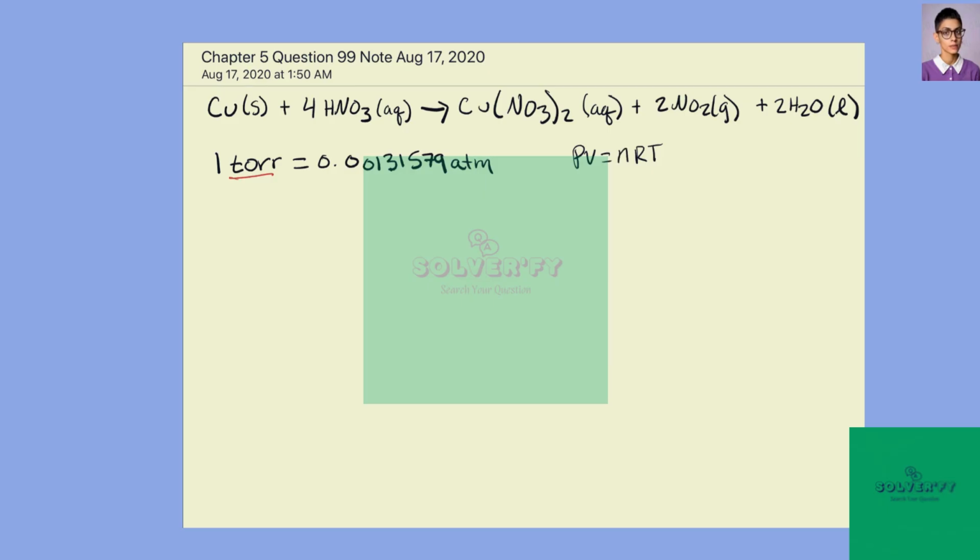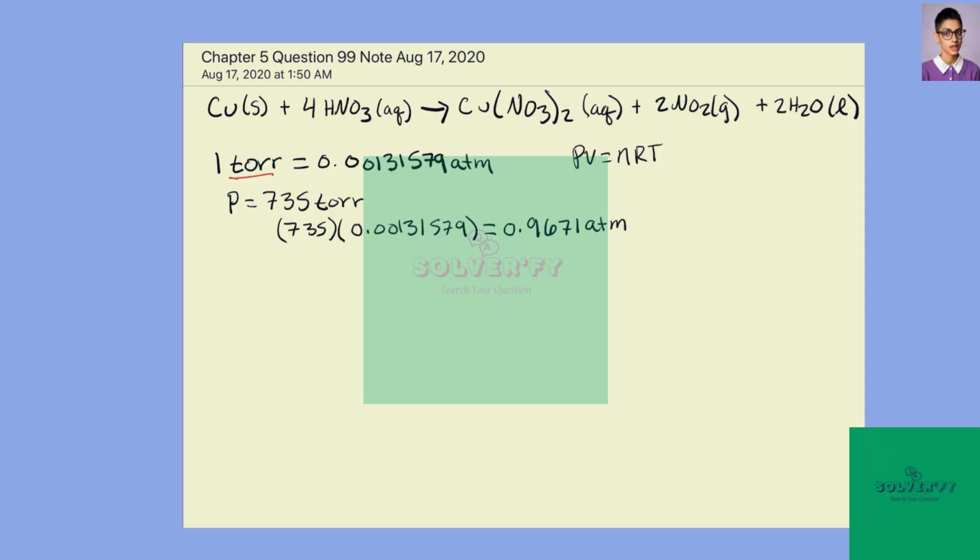Alright, so a couple of the knowns that they give us are our pressure. So they say that our pressure is equal to 735 torr, and I'm just going to convert that right now. So we're going to do 735, and we're going to times that by this 0.00131579. So our new pressure is going to be 0.9671